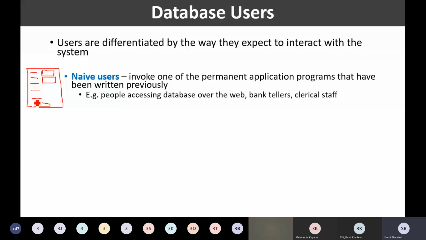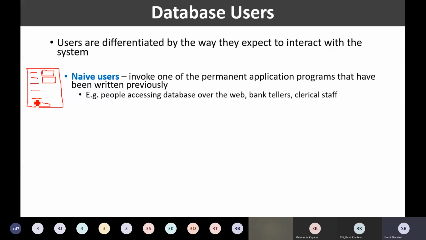And who is going to use that application program? Maybe a clerk in the department or maybe the clerk in the office. That clerk is actually going to use that form just to input the data. So this user is the end user, or the unsophisticated user, or the naive user.